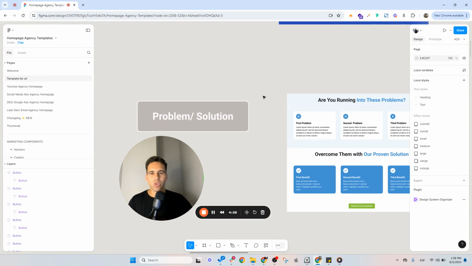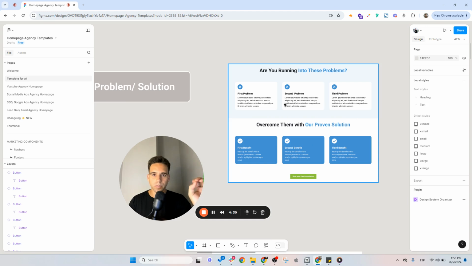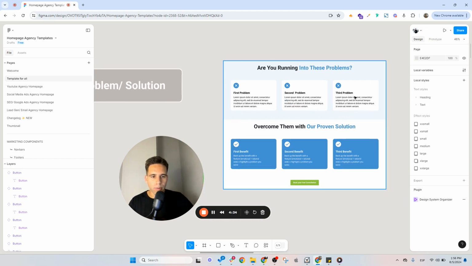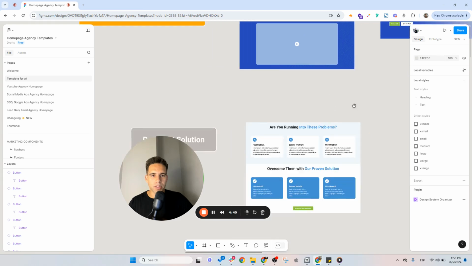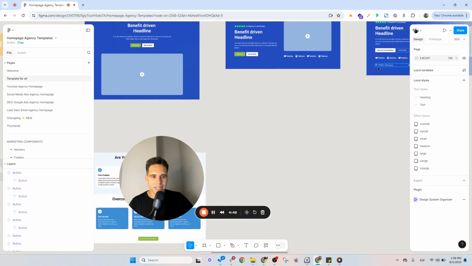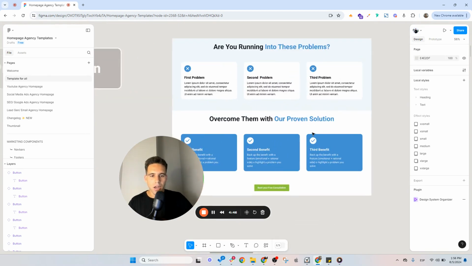So we want to make sure that these are the most accurate possible, and we're gonna go through all of the problems and then our solution, that it's gonna be similar to our benefits. But on our benefits, it's so easy and direct to the point. And here we can say how are we gonna make it.